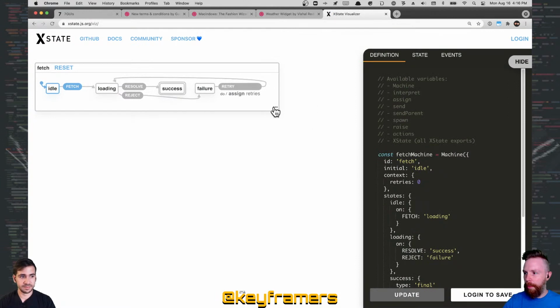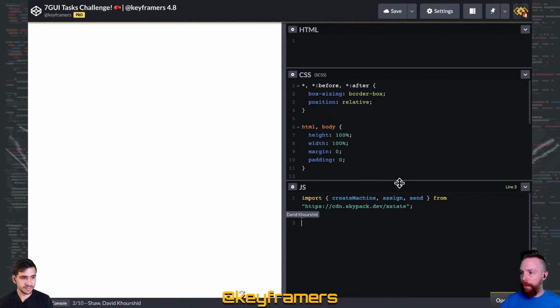XState. A library that's quite fun, that is going to power the state machines we use to build this UI. So I'm sure David will explain more of those concepts as we go. I will. Yes. Starting point. And actually, these two first examples, both the temperature converter and the counter, are excellent examples for